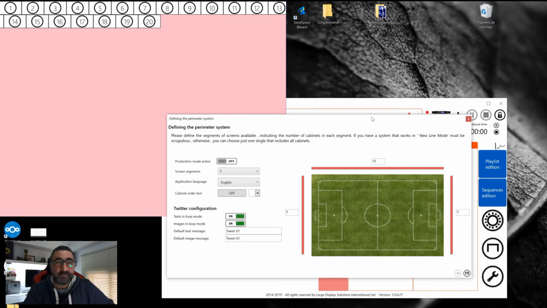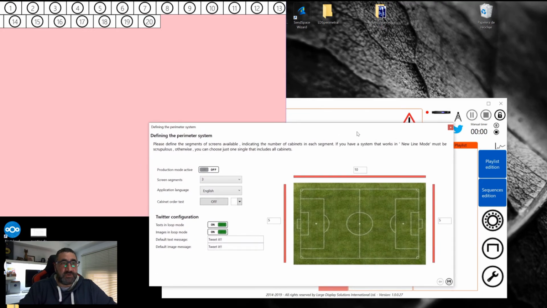If that window were always on top, it would not be possible to use the control panel or the configuration window. So to work with it when production mode is off,